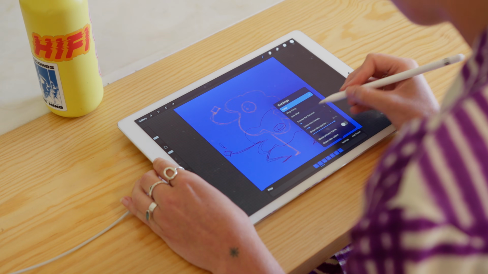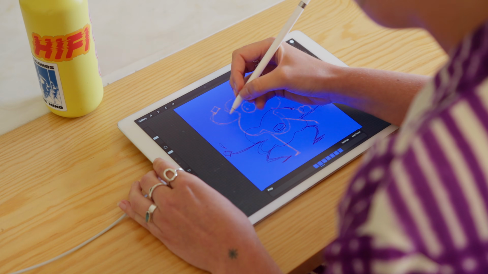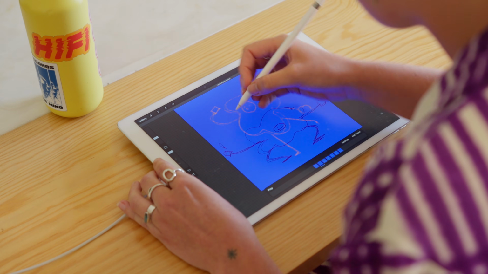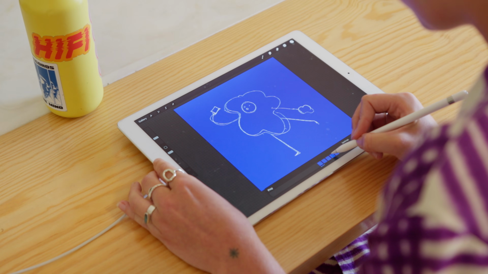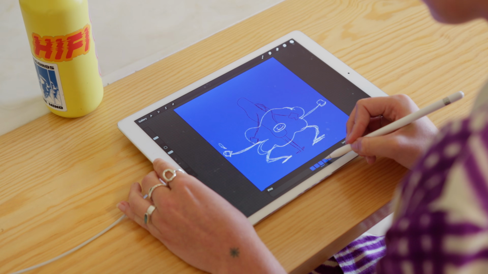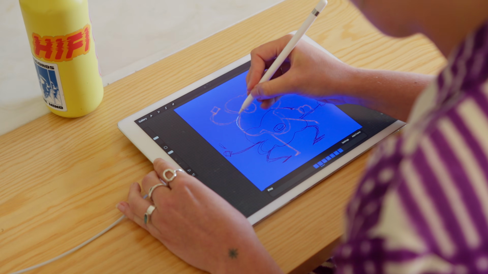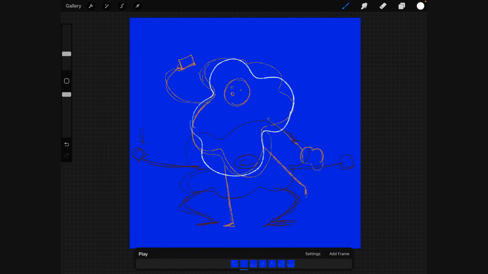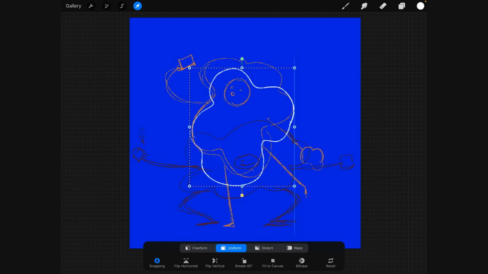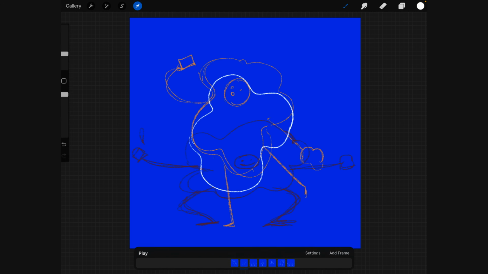Turn these onion skins back on so we can see what we're doing. Maybe we're splitting the difference between this frame and this frame. So having him coming down, I can select this and move it a little bit further down. And the arm is going from this bent position to flattening out.